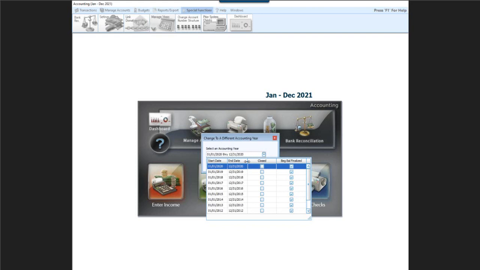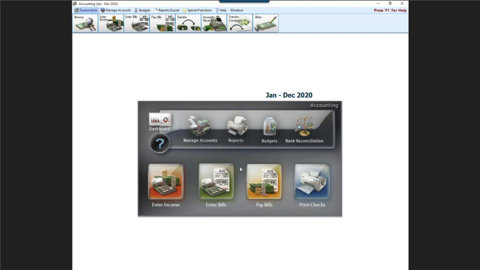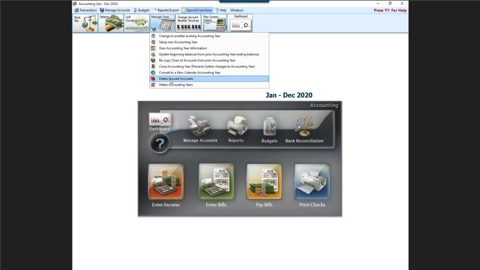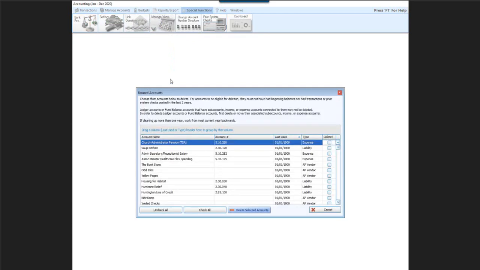It's not going to let me choose a year that I'm already in. So we're going to choose 2020, and we click OK, and now notice we're back in 2020, January through December 2020. So if we go back up again to our special functions, manage years, delete unused accounts,